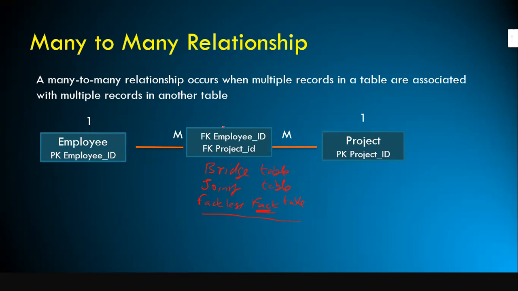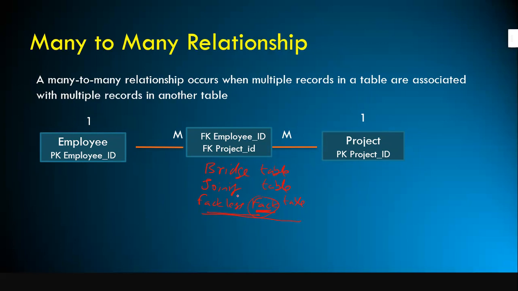But when it comes to the factless fact table, as the name says, you don't store the fact, the numeric values. Instead, you store something like a bridge table. Because a fact table itself is a transaction table, a many table, right? If you have two fact tables, these two fact tables are many tables. In that case, you need to use a bridge table. The bridge table or joining table, when it comes to star schema, we call it a factless fact table.